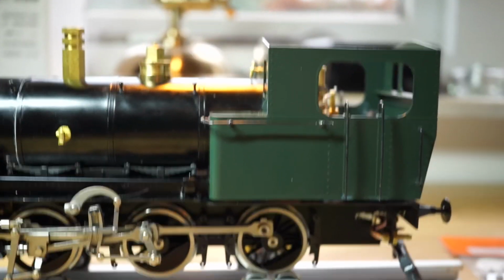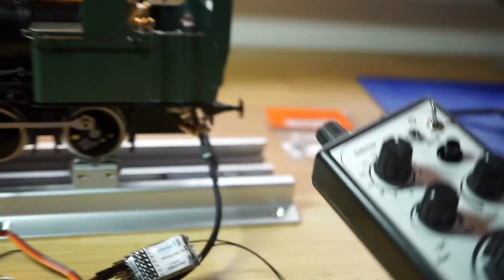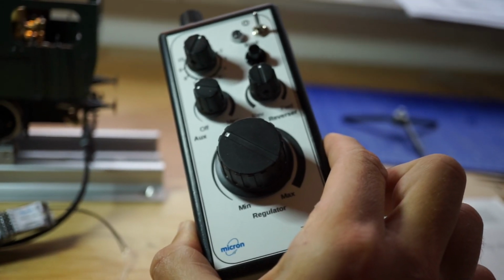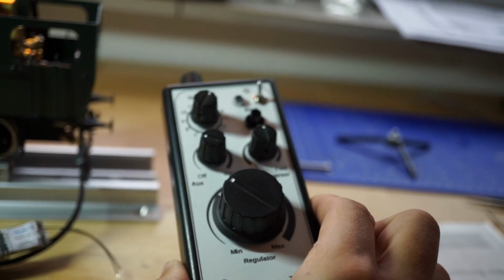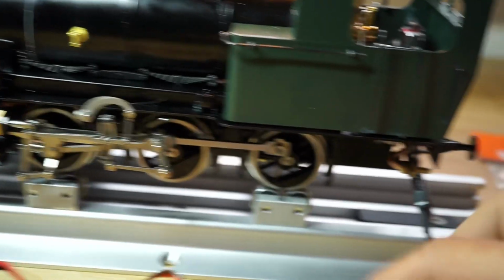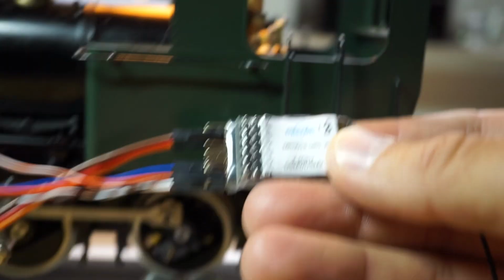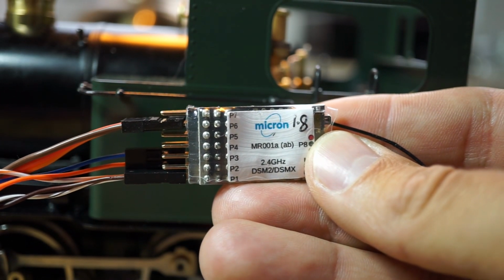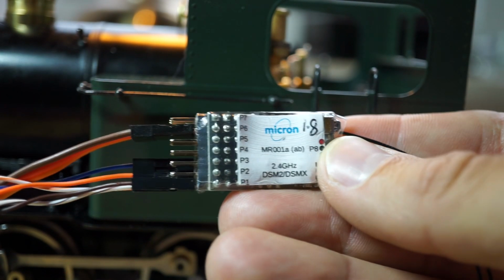So first, the parts that I used are from Micron, which is a company in Malton, United Kingdom. It's a 7-channel 2.4 gigahertz receiver. This is the transmitter, and then you have the receiver, which is this one. It's the MR001A 8-channel